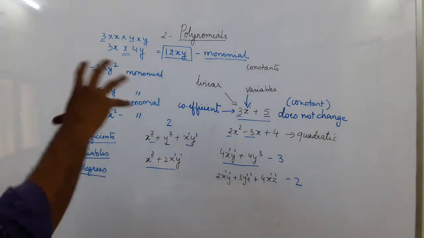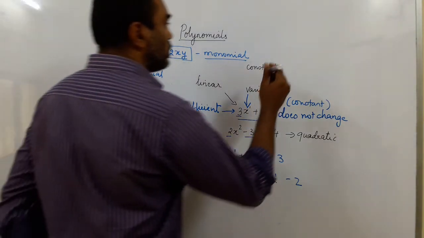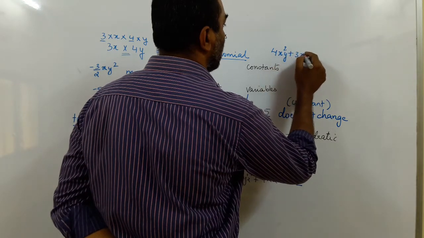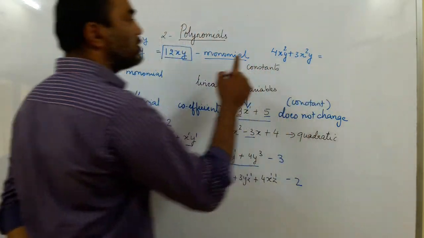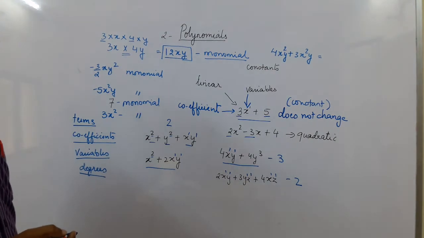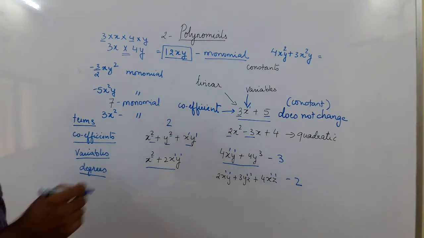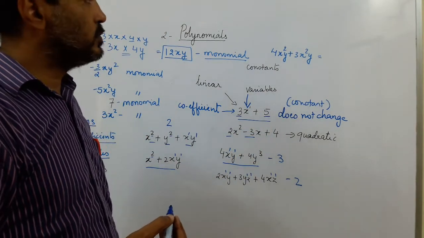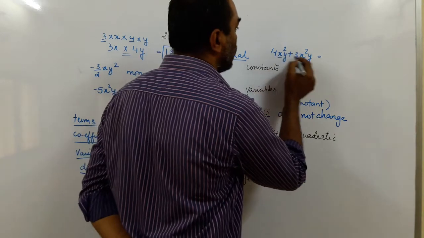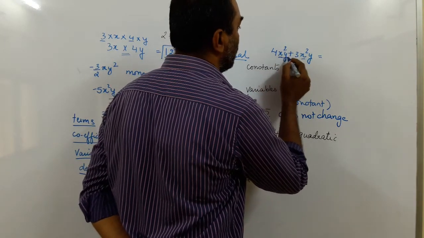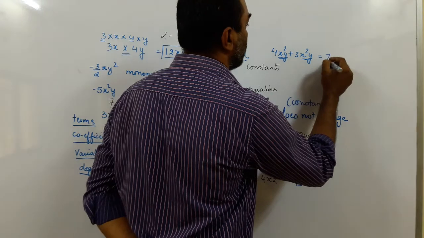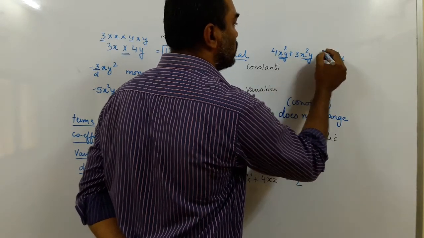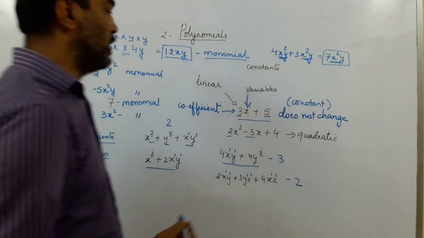Confusing it might be, but let us follow one more thing. Okay. Now 4x square y plus 3x square y. Is this a monomial or a binomial? Again, is this a monomial? 4x square y plus 3x square y is a monomial or a binomial? Now let us see. x square, same power, y, same variables. So these are called like terms. You can solve this and write 7x square y. We will do this further, but this can be solved. So this is again a monomial because we solve it.